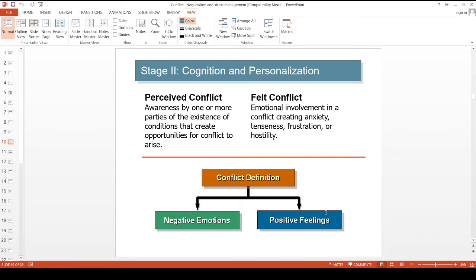There are two types of emotions. The first one is the negative emotions, and the other one is the positive feelings or positive emotions. Negative emotions produce oversimplification of issues, reduction in trust, and negative interpretations of the other party's behavior. So all these are negative emotions which create a sort of conflict. The other one is positive feelings, which increase the tendency to see potential relationships among the elements of the problem, to take a broader view of the situation, and to develop more innovative solutions. So these two emotions play an important role when conflict occurs.